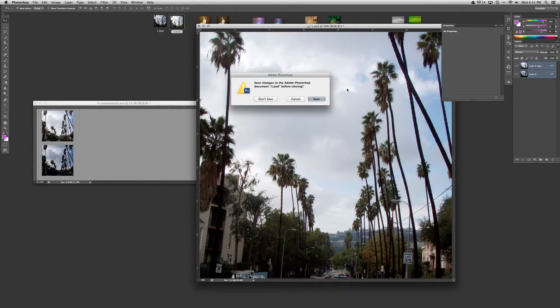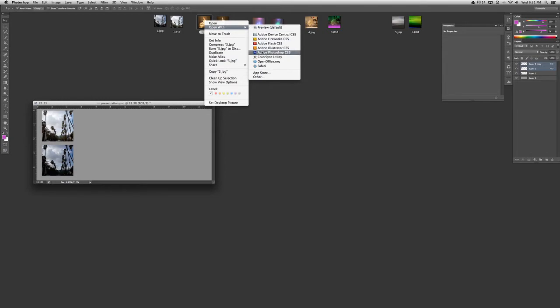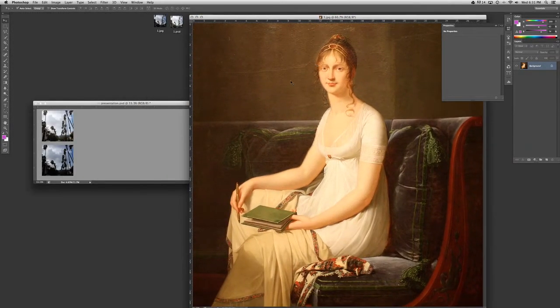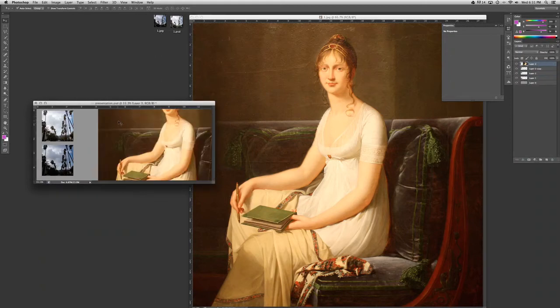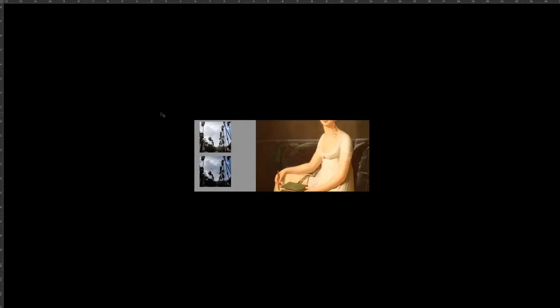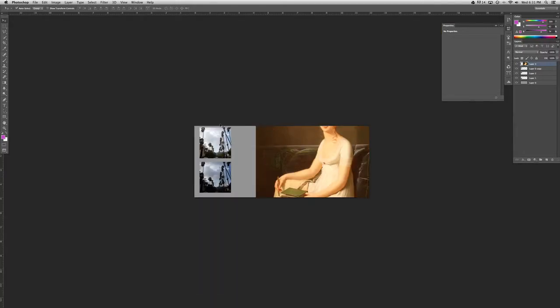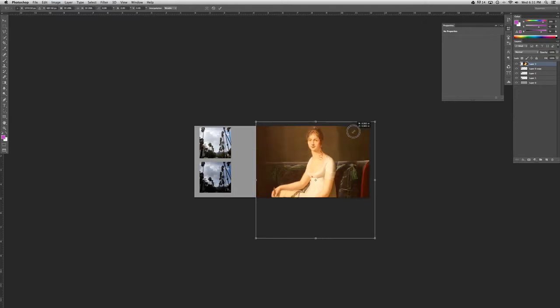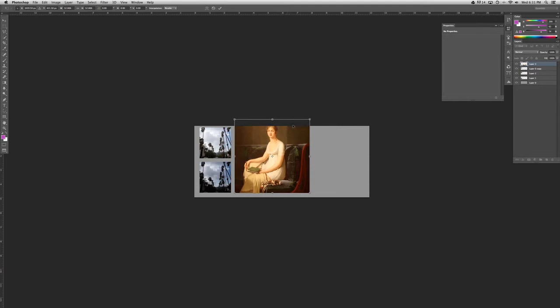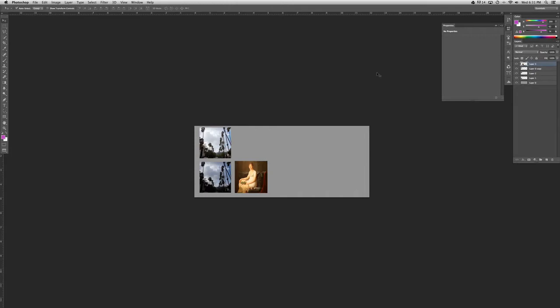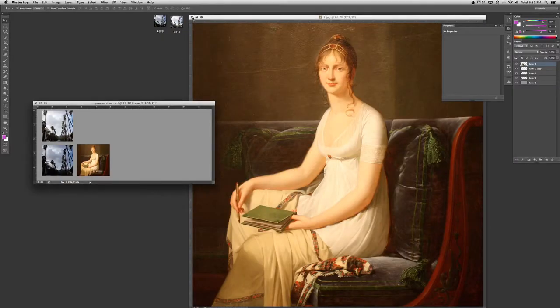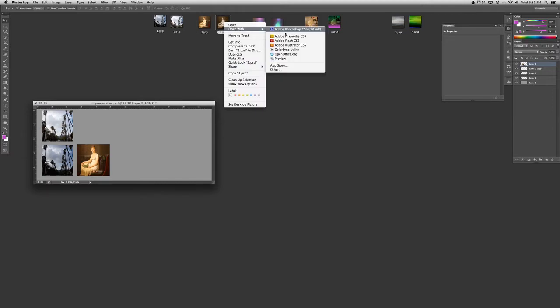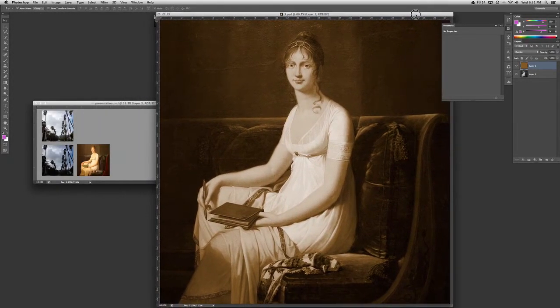I'm trying to close it and it's asking me to save it because I've changed the document. I've linked these. So I'm just going to update it and say yes. Open the next document in Photoshop. Click and drag. And Edit, Transform, Scale. It's the same thing each time. And open up the next document. This one has